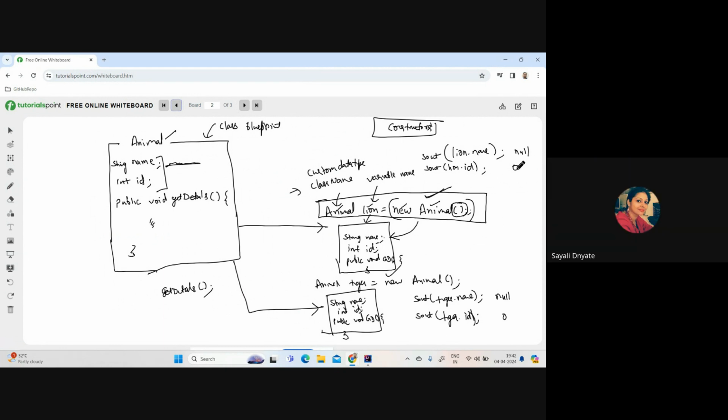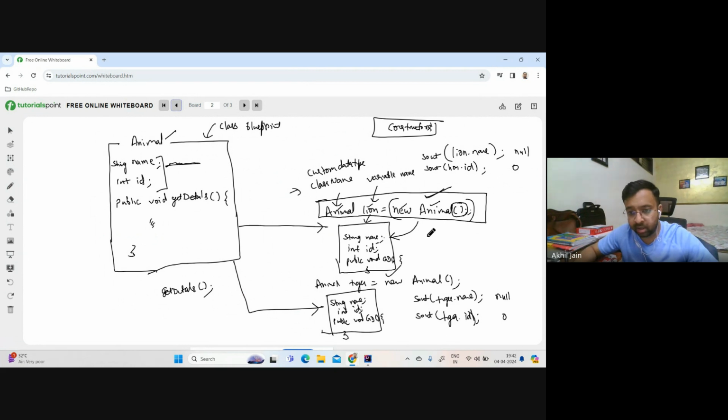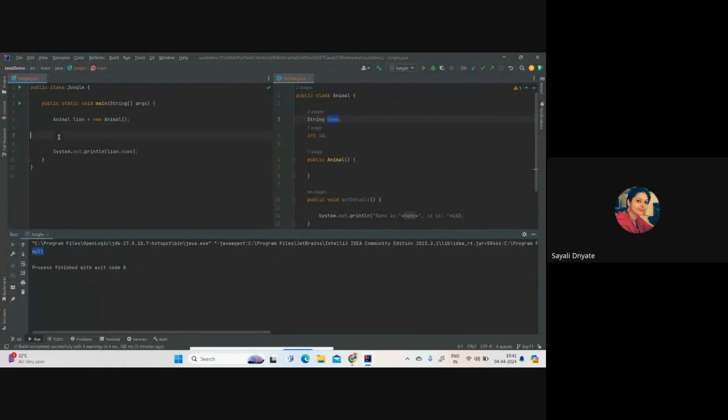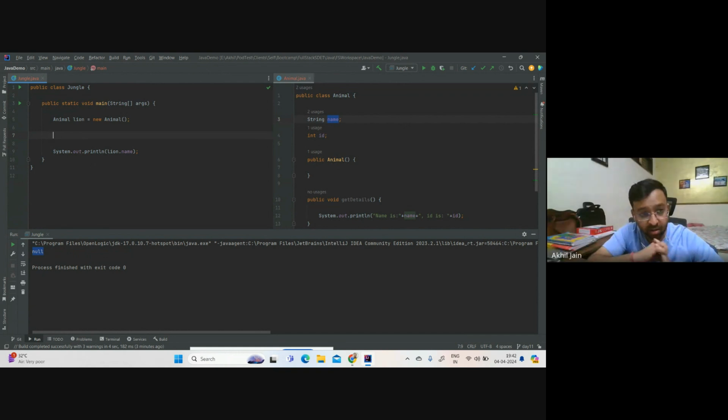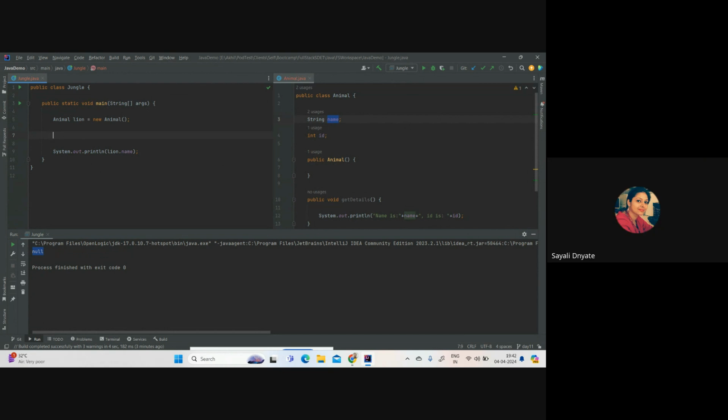Let's say I don't want to do that. I want to write here Joy as a name. Tell me what line I should write in my code so that if I print lion.name, it should print Joy. At line number 7, string name is equal to whatever name we wish to give. We can initialize it and give the value. Tell me the syntax. String name is equal to